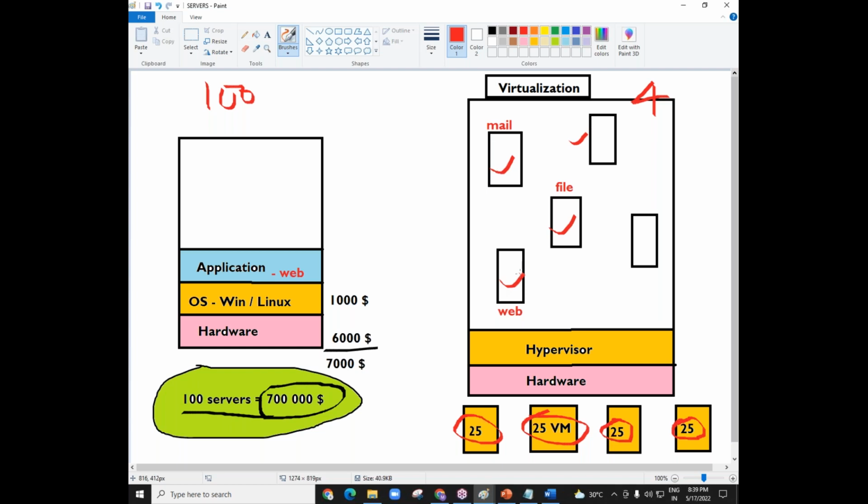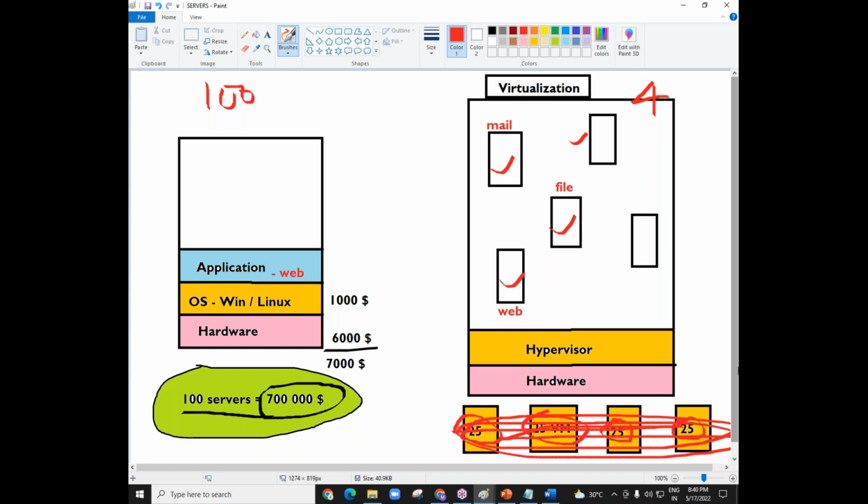But still, there is an issue here. Still, there is a problem. And the problem is, who should configure these 4 physical servers? Who should manage these 4 physical servers? They will be there on premise within your company. You should manage them. You should configure them. If there is some problem, you should do troubleshooting. If there is something related to your physical setup, then you should upgrade your hardware. So everything should be taken care of by you.